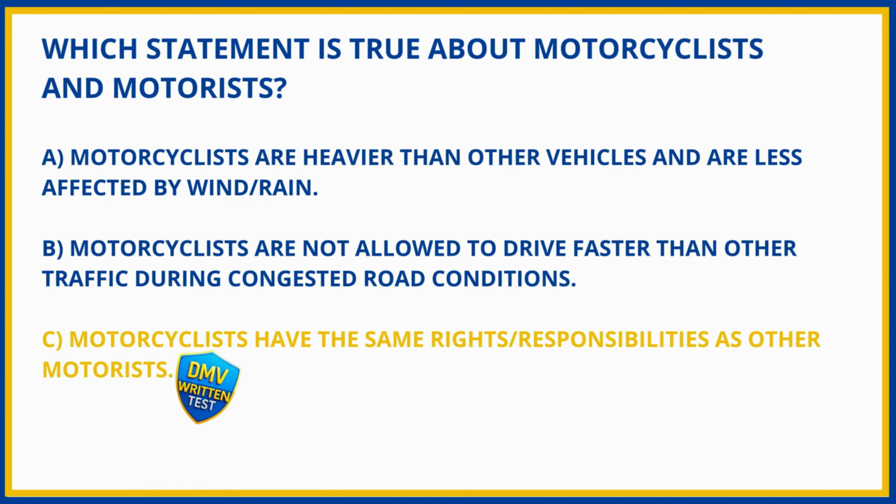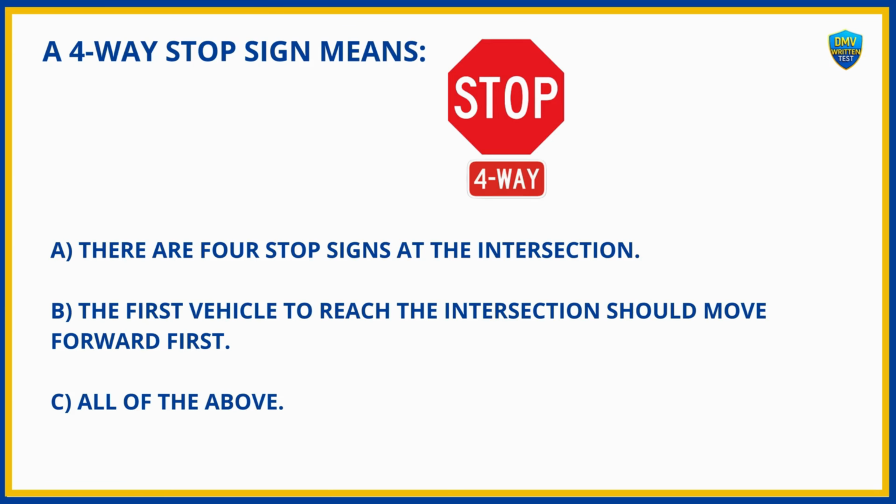C. Motorcyclists have the same rights and responsibilities as other motorists. A 4-way stop sign means A. There are 4 stop signs at the intersection. B. The first vehicle to reach the intersection should move forward first. C. All of the above. And the answer is